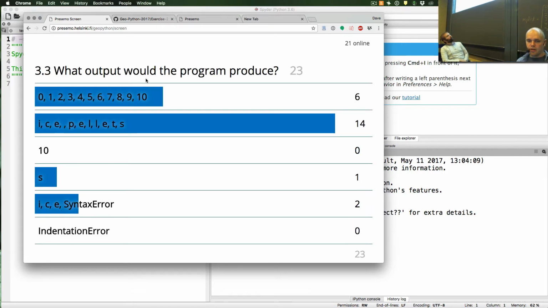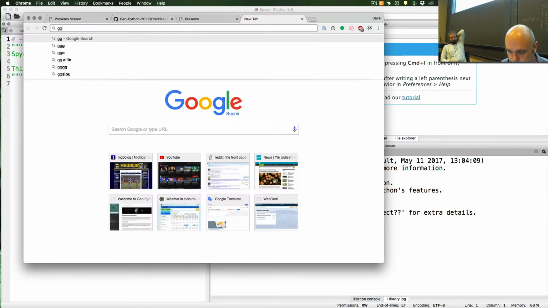Cool. And these are your thoughts. So most of you thought that it will produce these "ice pellets", and that is the correct answer. There were quite a few of you who thought that we have the numbers from 0 to 10, and that is also a good guess in a sense that actually we might have also done that. But let's take a look at the